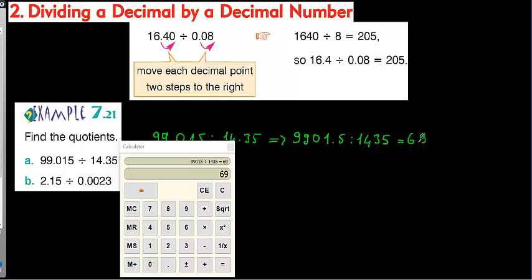That's why I need to count 1 decimal place from right to left, and I need to put the decimal point, or I will show the proof here to you. If I do it with the decimal point with our calculator, 9,901.5 divided by 1435, the result is going to be equal to 6.9. And the other one is going to be classwork for us. Okay,